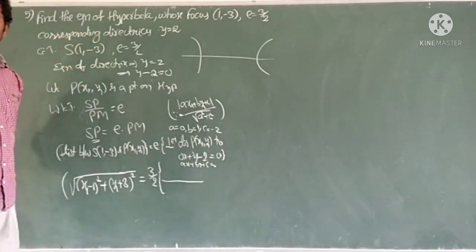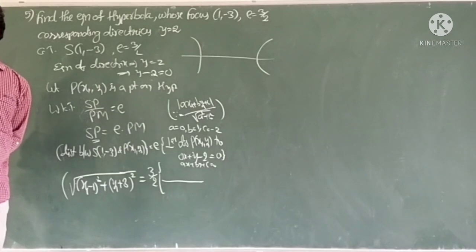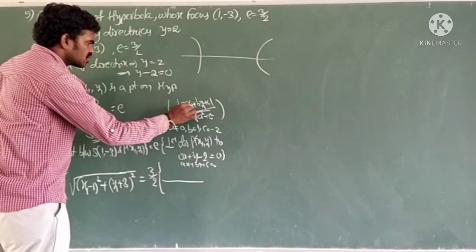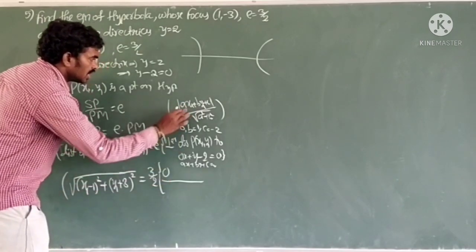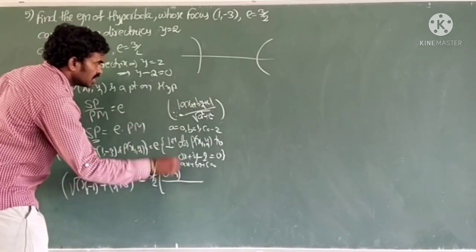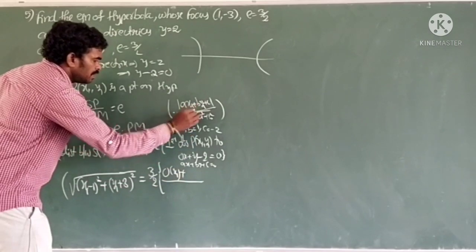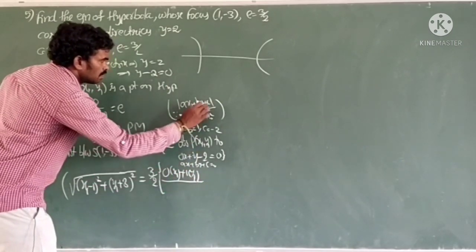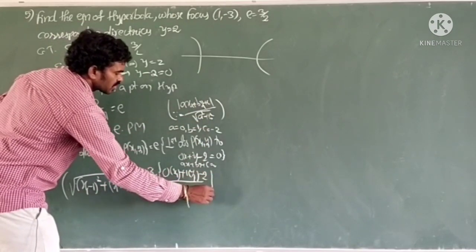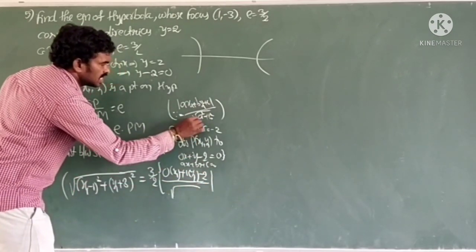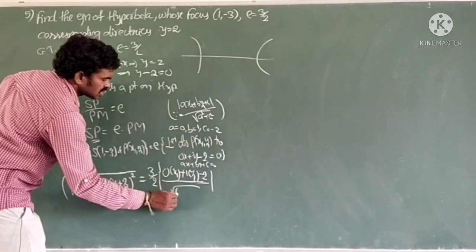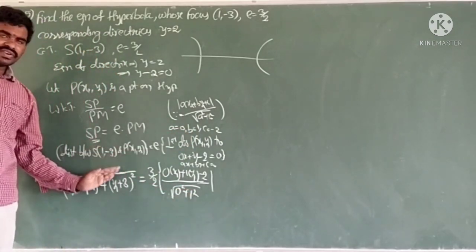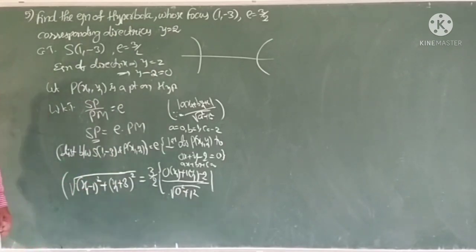So, in the rough paper on the right side you can write. Any problem? So, a into x1, a means 0, x1 plus b means 1 into y1 means y1 plus c means minus 2, by root over a square plus b square, means 0 square plus 1 square. So, that is it. By simplifying this we can get the answer.